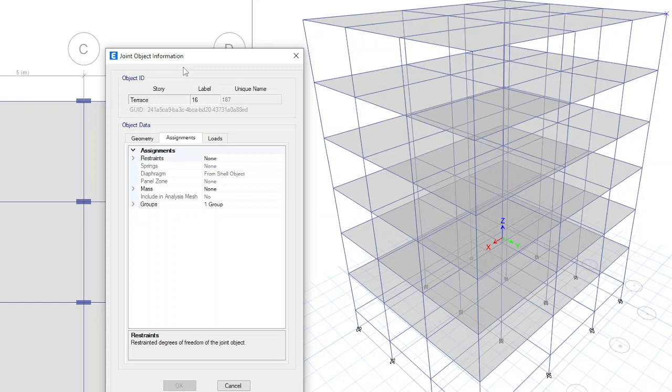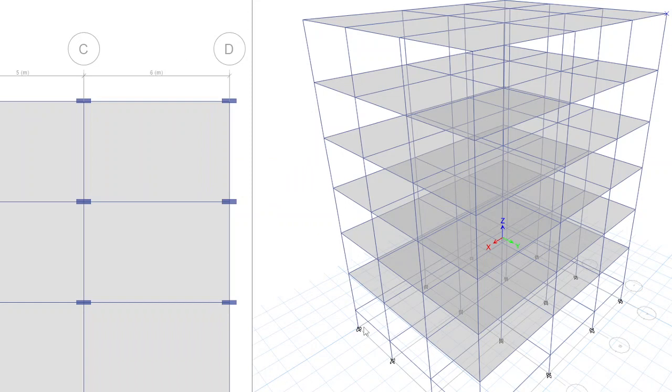No, no, no. You have not right clicked on the node, you have just right clicked somewhere on the screen. On the node, the beam column junction, you should right click. What label do you have? Label number 4. Okay, so you have selected that node, right?